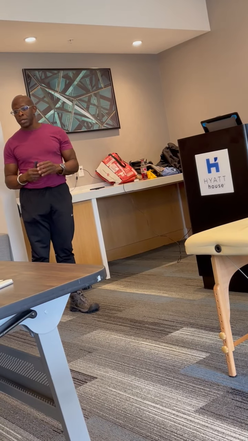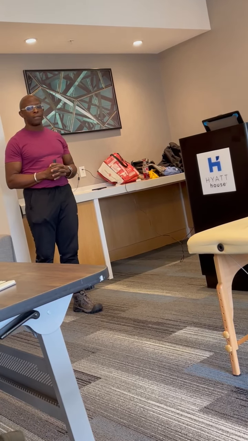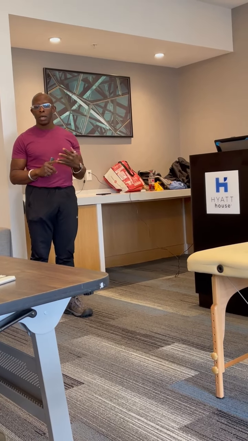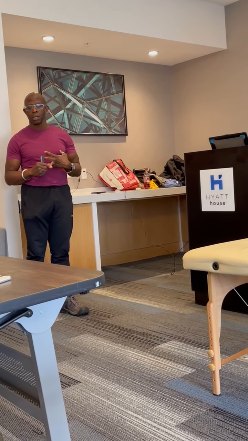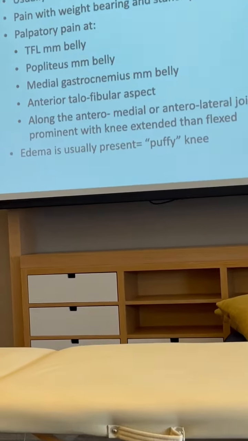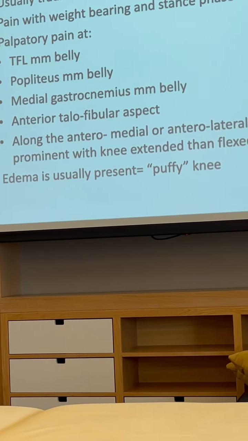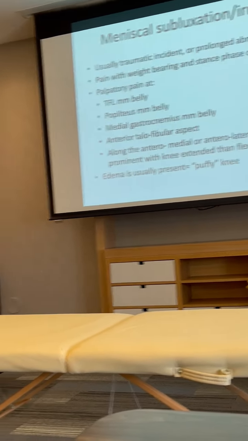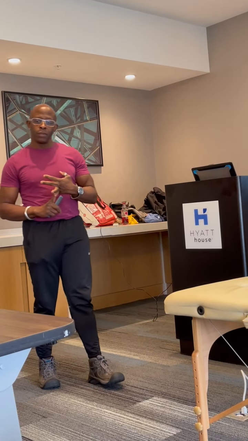You have quite telltale signs of a meniscal and knee internal irritation, and those are trigger points of the tensor fasciae latae muscle, of the popliteus muscle belly, of the medial gastrocnemius, of the anterior talofibular ligament of the ankle, and you may see anteromedial, anterolateral joint line tenderness, and often there is edema either in the front of the knee, or the Baker's cyst will be also present. Okay, so those